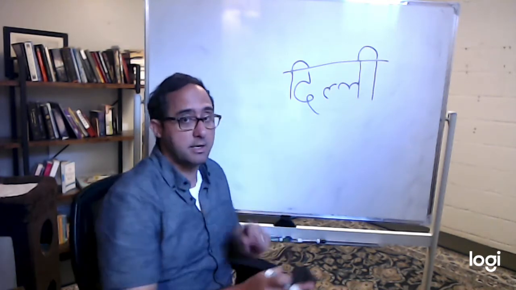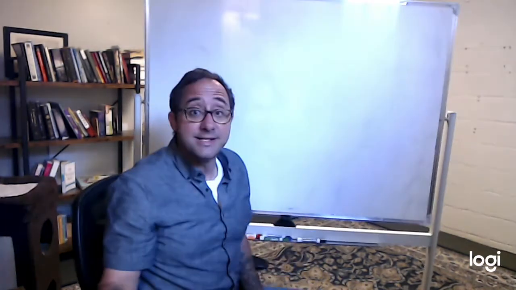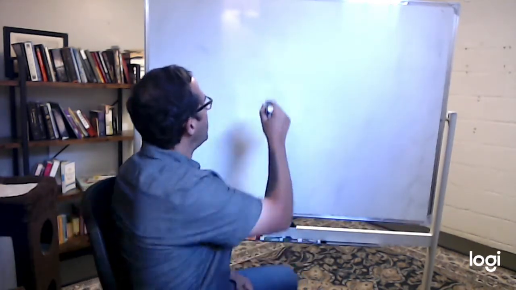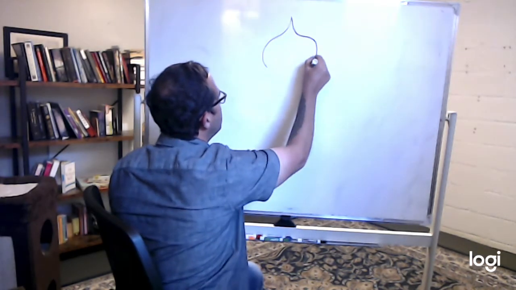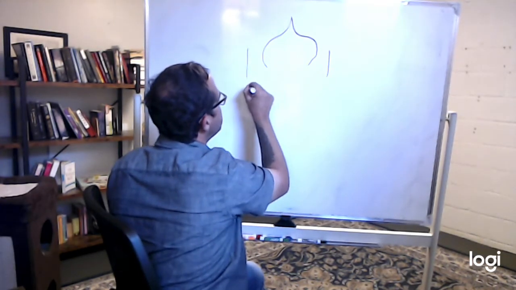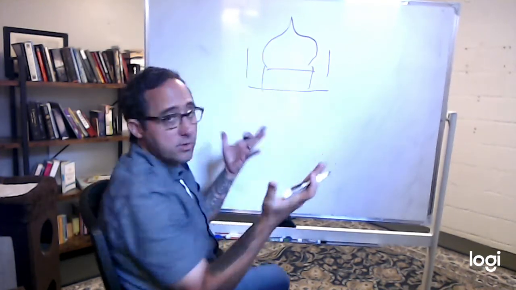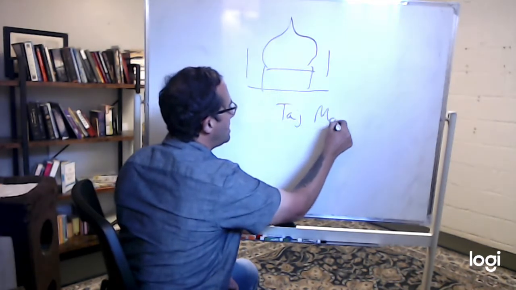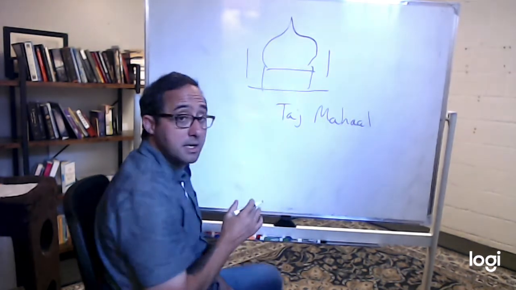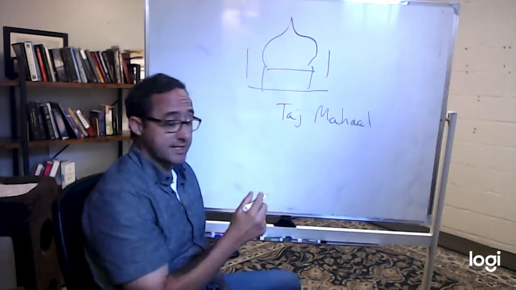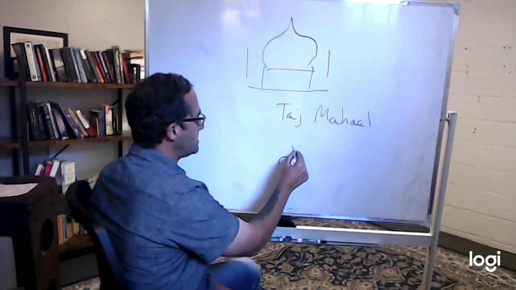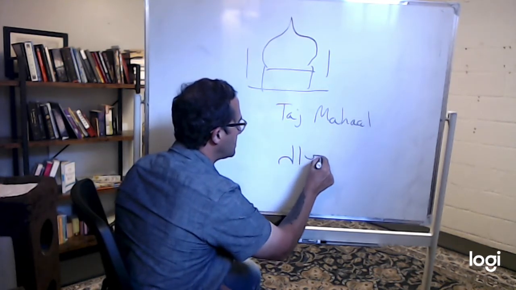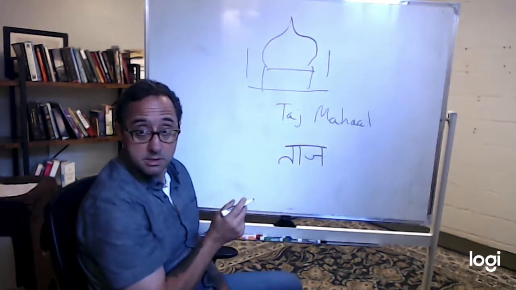Okay, here's a better example. Taj Mahal, right? You all know the Taj Mahal. I'm going to try to make it: onion dome, 4 domes around it, wonder of the world. Everyone goes and visits it, right? Taj Mahal. This is how we say it. It's actually spelled like this. Here's my T, A, I'm not making the J right. Taj,